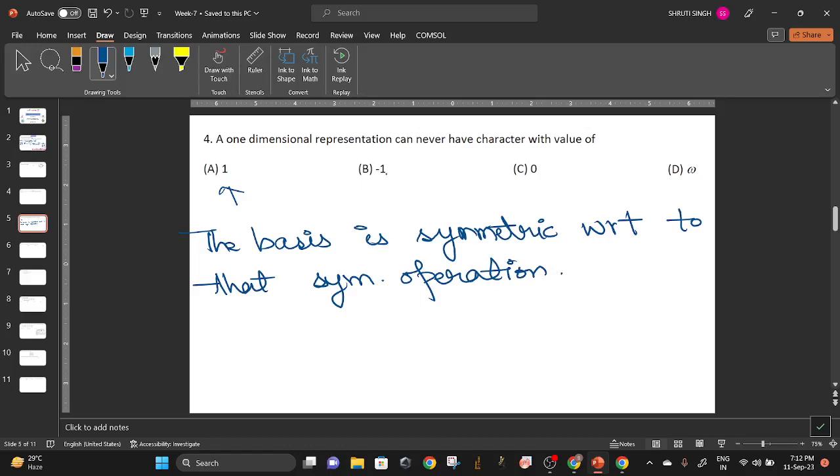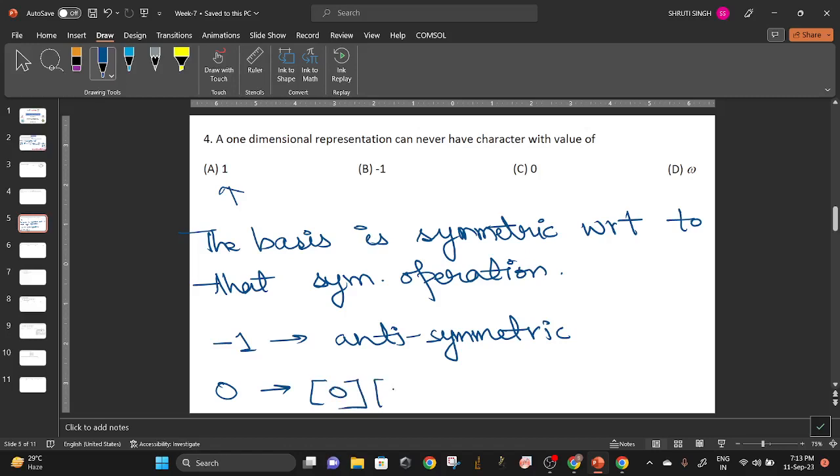Okay, and similarly this -1 means the basis is antisymmetric, means the basis changes sign if that symmetry operation is applied. So the character is -1. If the character is 0, it means what? Suppose this is a matrix, it is one-dimensional, so it has only one element, and I have some basis which, let's take a hydrogen atom of